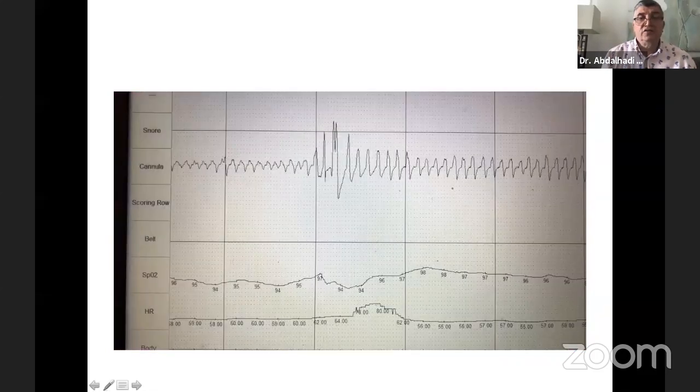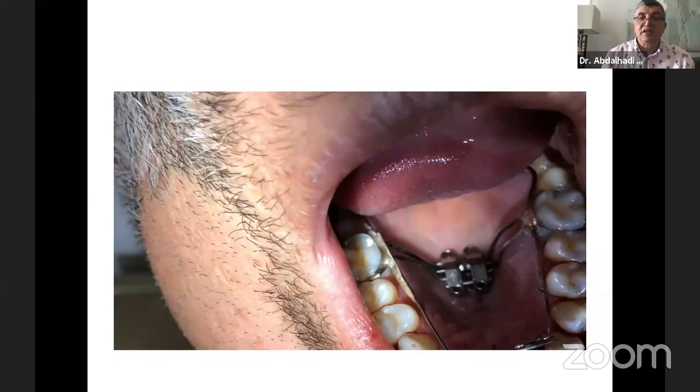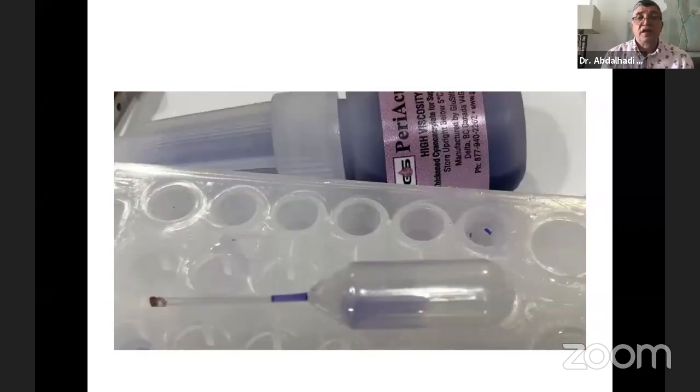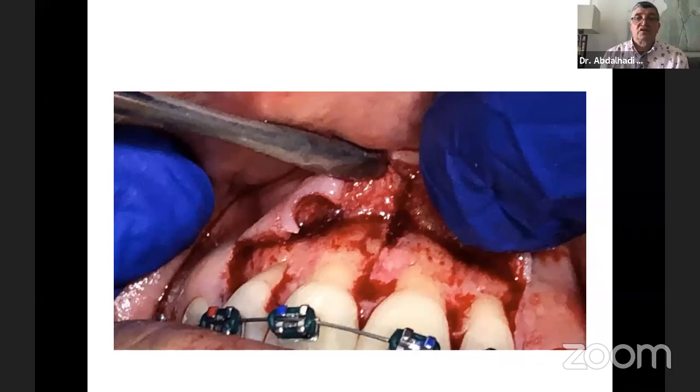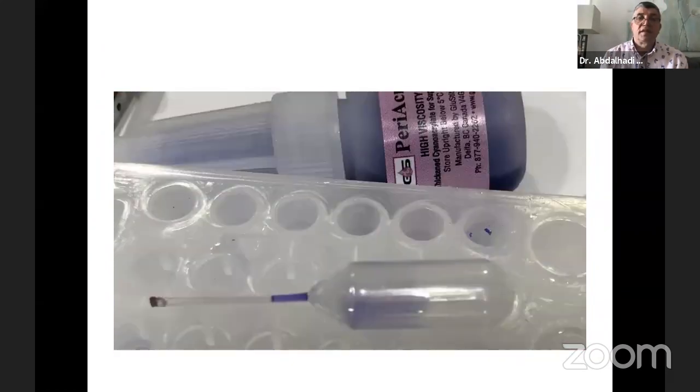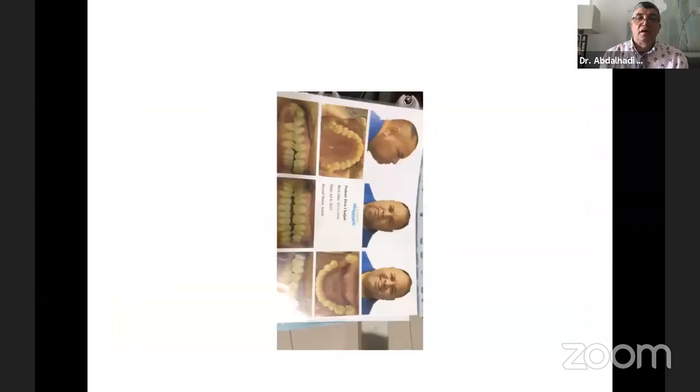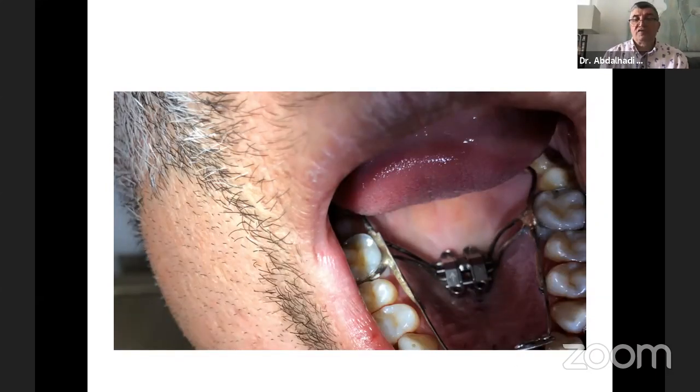And in his palate too. And I gave him the polysomnography, that home sleep test, to see how much he is sleeping. And because he is open by 2, I gave him... oh, I am going back. Yes. So this is a suture. Oh no, this way. I put for him a tongue habit control on his palate.